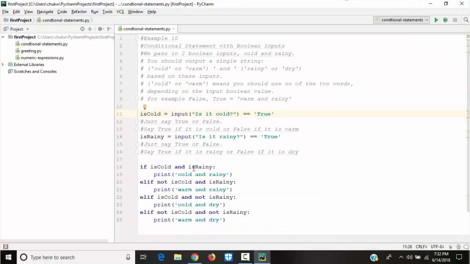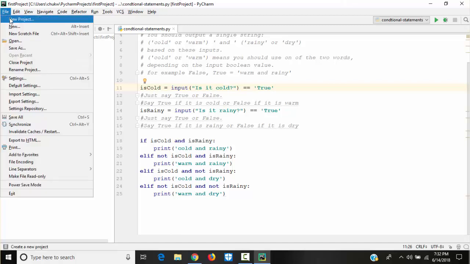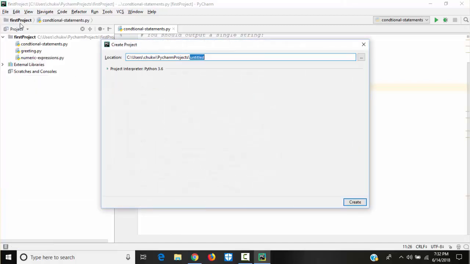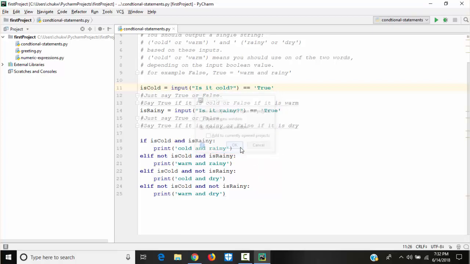So let's go ahead. Let's have a new project. I know we've been working on the first project, but let's have a new project this time that we can call applications. We want to open it in the current window.